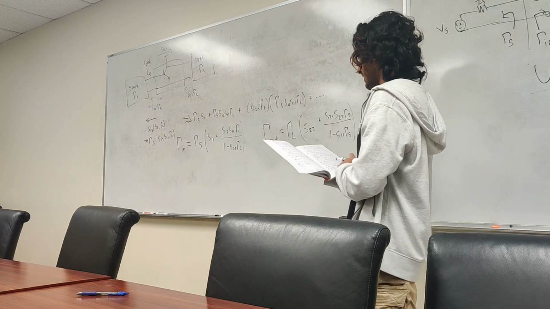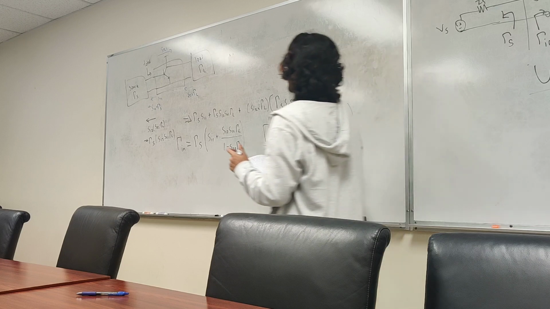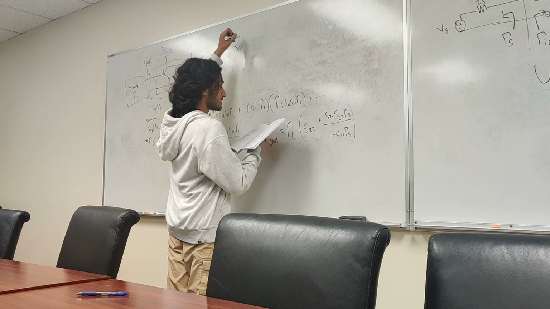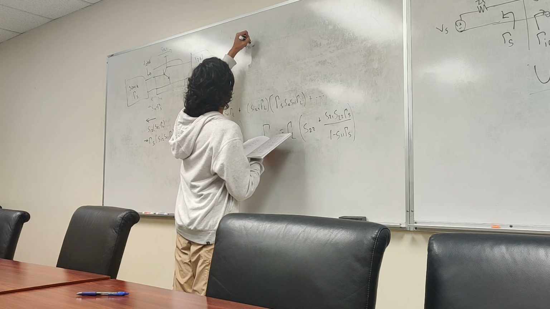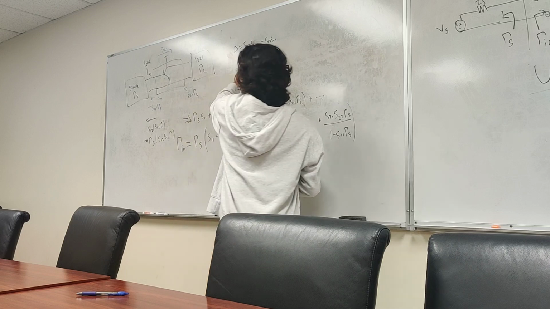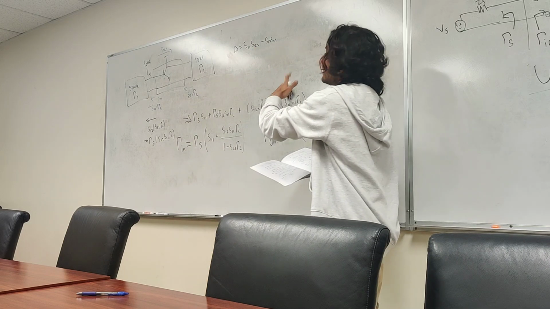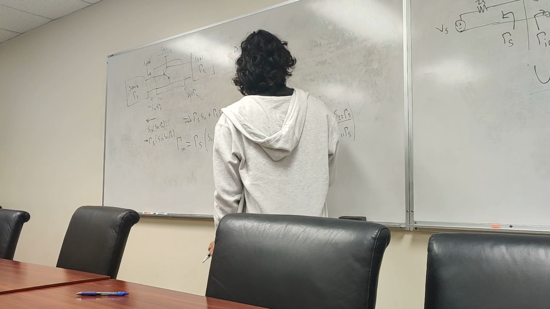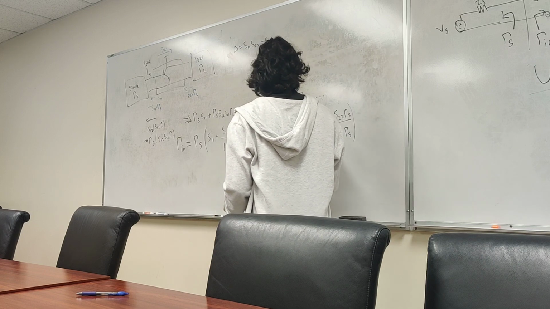And I'm going to write it all out. But first I'm going to define a few parameters. Define delta as S11 S22 minus S12 S21. This is the determinant of our S parameter matrix. This is a variable we're going to use. If we have this variable, then what we're going to say is